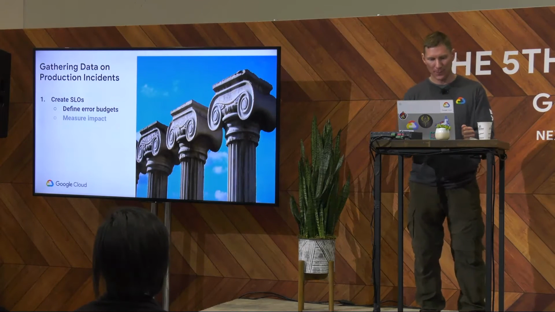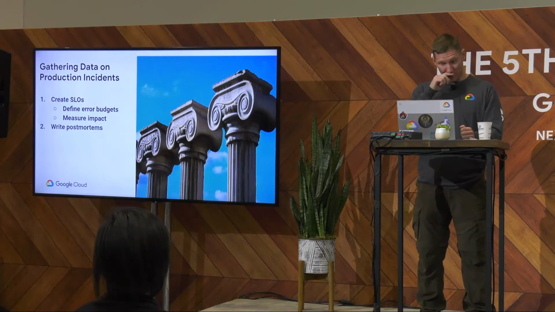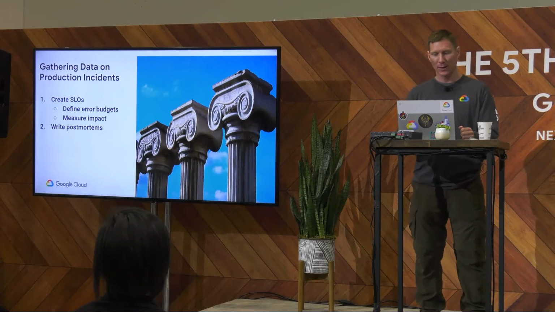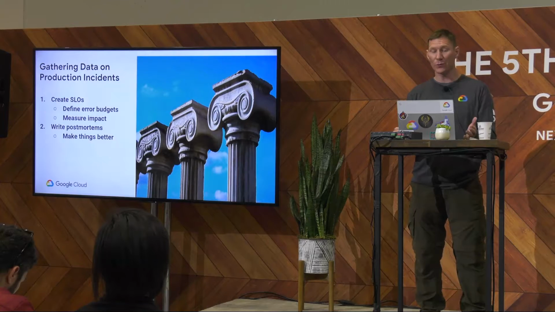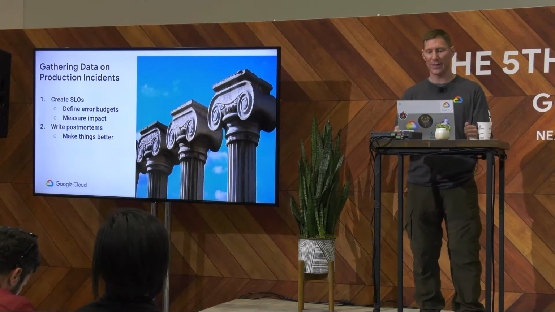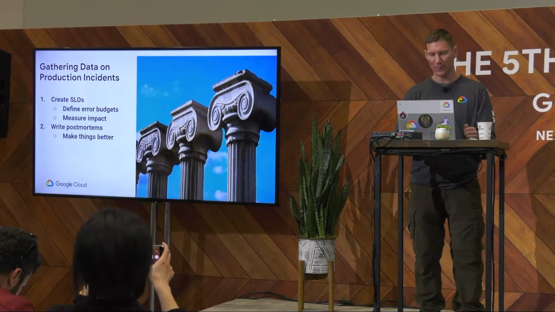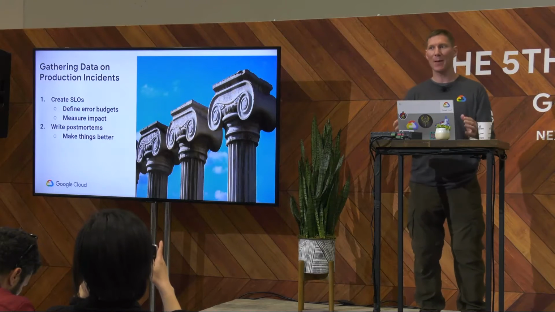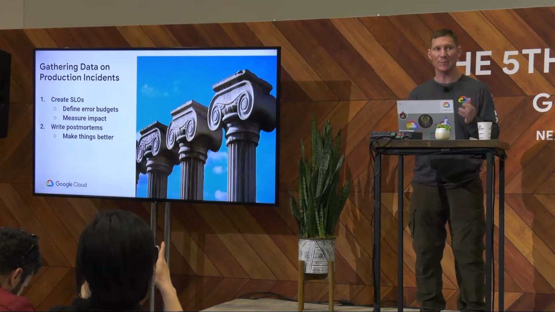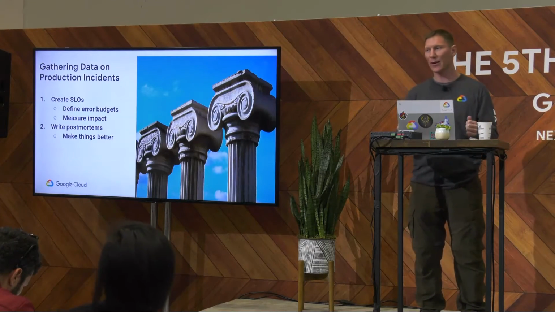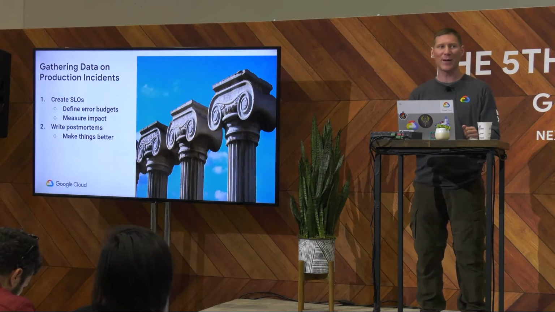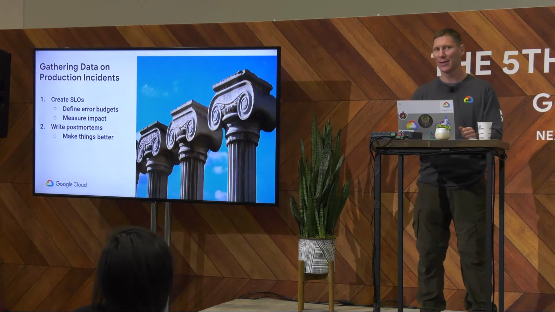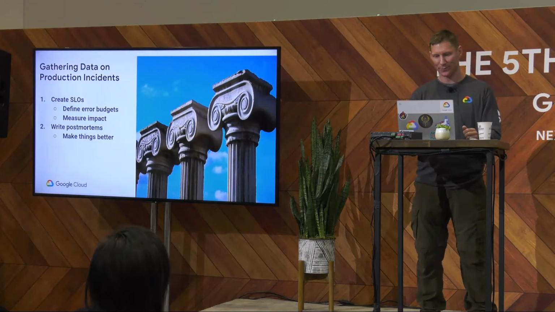Number 2 is postmortems. You have to write postmortems. Postmortems are all about how to make things better the next time. So when do you write one? Every time your SLO takes a hit, write a postmortem. Sometimes something happens where you get lucky and your SLO didn't take a hit, but it could have. You still want to write a postmortem then because you don't want to depend on luck to keep your service reliable. It's the SRE motto. You see it everywhere. Hope is not a strategy.